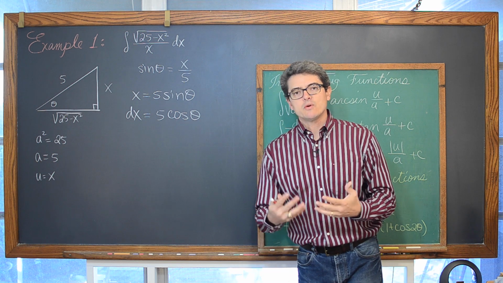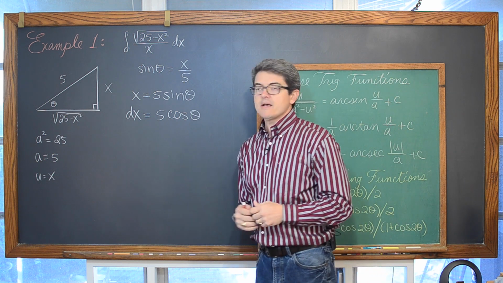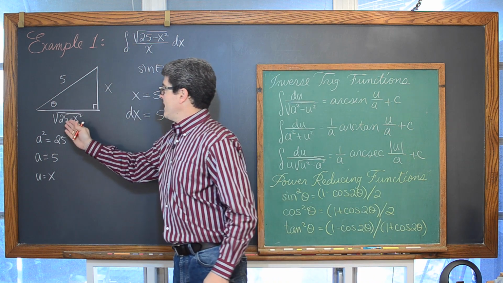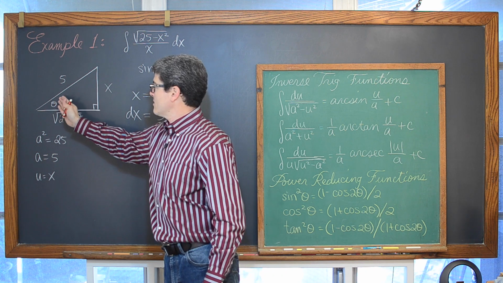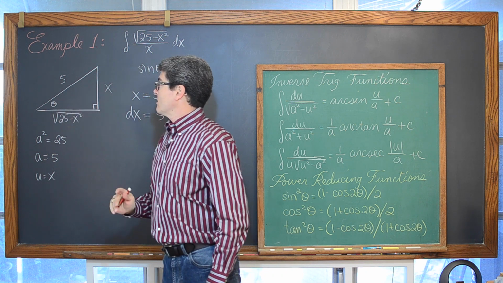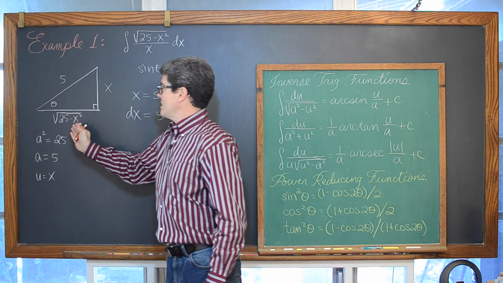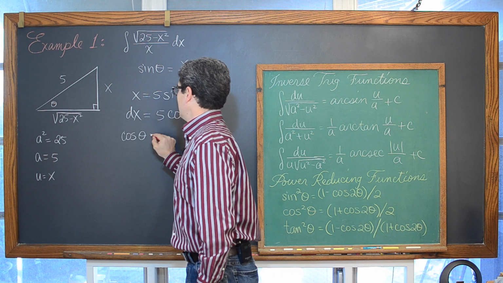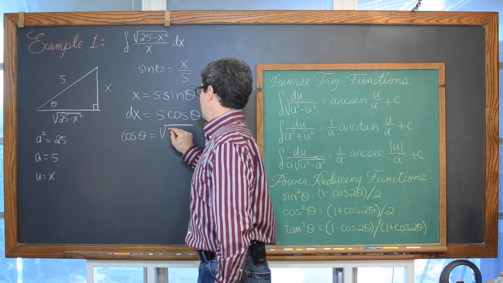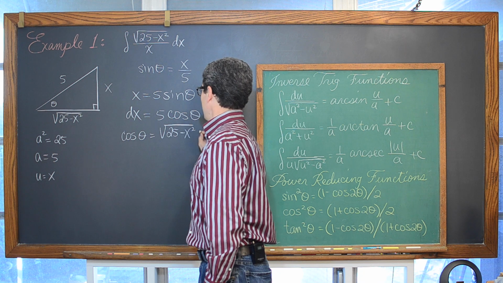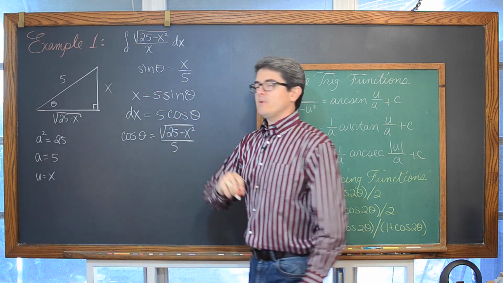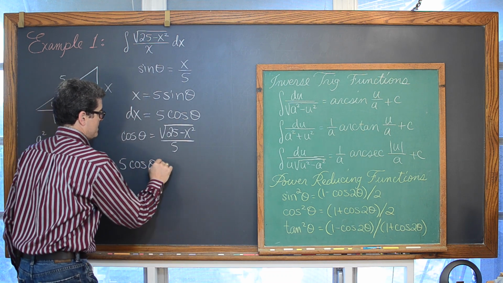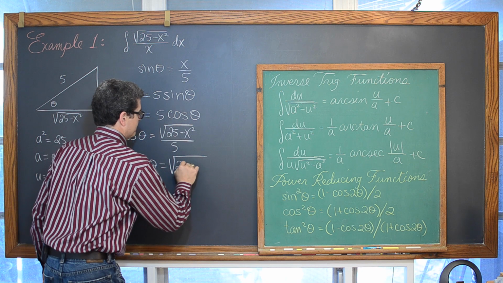And you want to set up a trig ratio that again will have a constant as our denominator to make for the simplest substitution. So if we have the square root of 25 minus x squared as an adjacent leg to theta, and our constant is the hypotenuse, well then that's adjacent over hypotenuse, and thus we have cosine. So the cosine of theta is equal to the square root of 25 minus x squared over 5. Multiplying both sides by 5, we've got 5 times the cosine of theta is equal to the square root of 25 minus x squared.